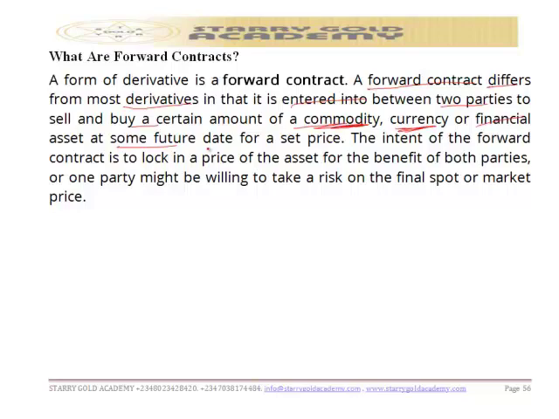So the intent of the forward contract is to lock in, please note it, a price of the asset for the benefit of both parties, or one party might be willing to take a risk on the final spot or market price. So the market for forward contracts is highly unregulated and it is considered the over-the-counter market. Since the transaction is between two parties, the size of the market is unknown but is estimated to be huge